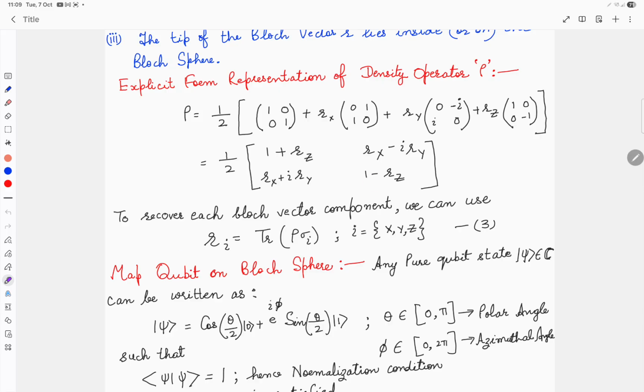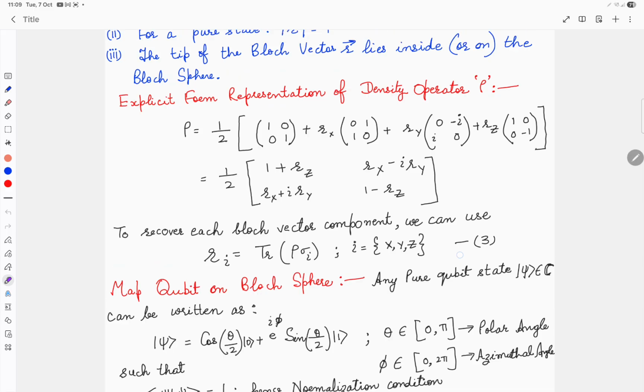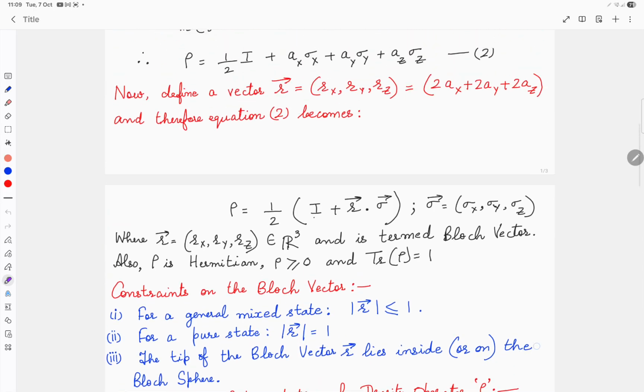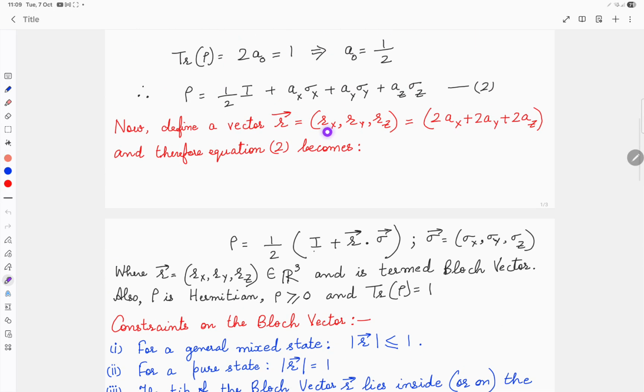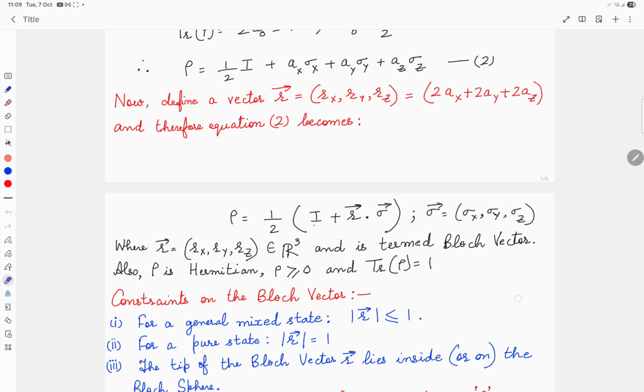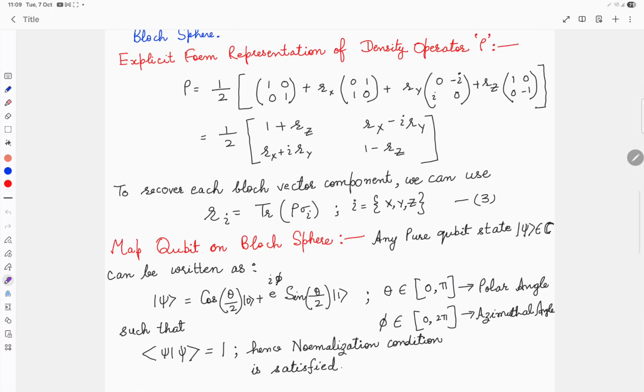Now to recover each Bloch vector component, because we want to do the representation using the Bloch vector, we must know. So what is our requirement? Our requirement is that we must know Rx, Ry and Rz. We have to calculate these values so that we can say that this is our Bloch vector. That's why I'm saying that to recover each Bloch vector component we can use